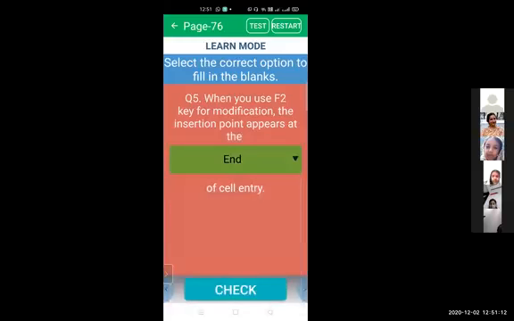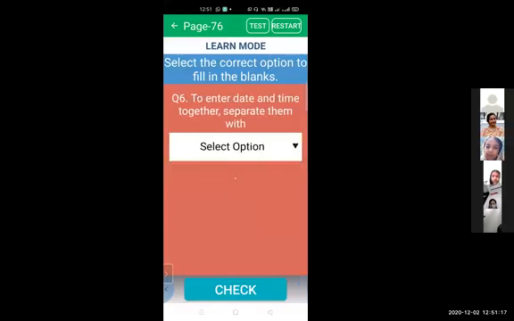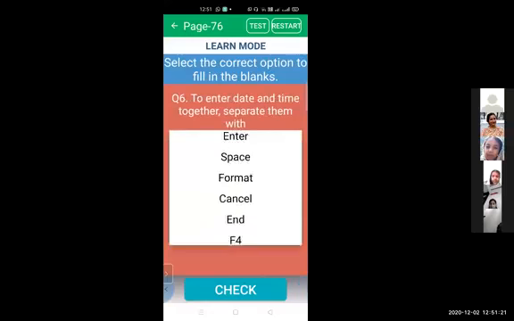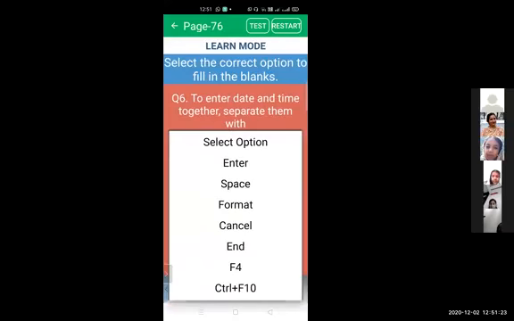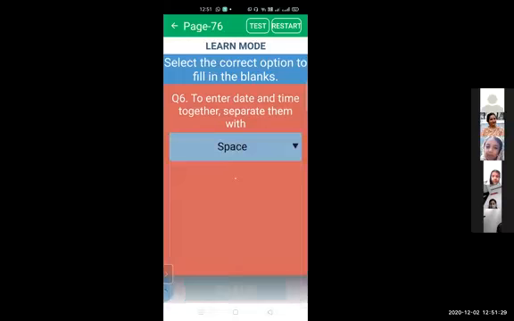All right, very good. Then next statement is to enter date and time together, separate them with what? Udita Mahajan is giving me the correct answer. So we need to separate them with space. All right. So this is the correct answer.